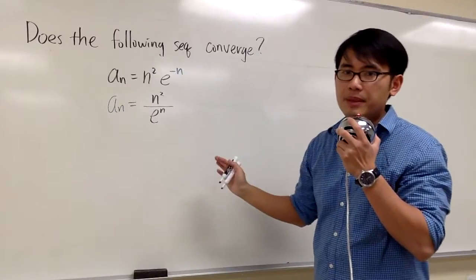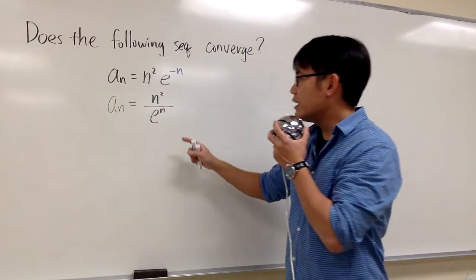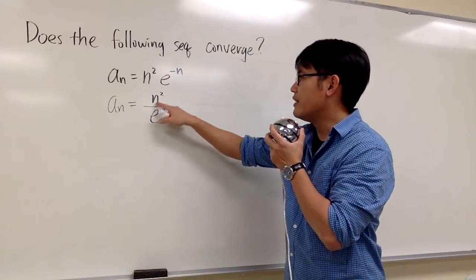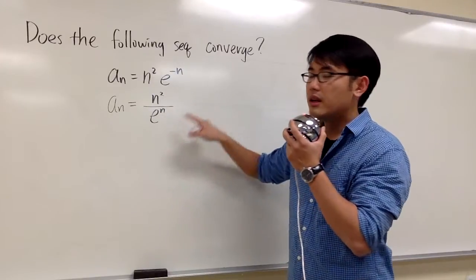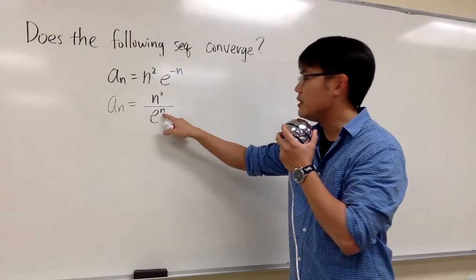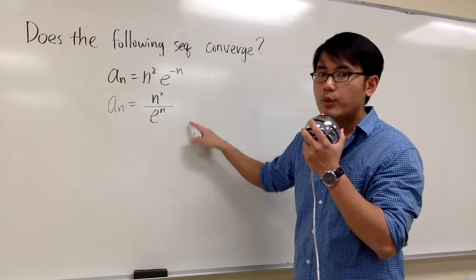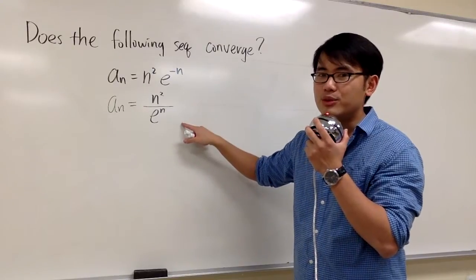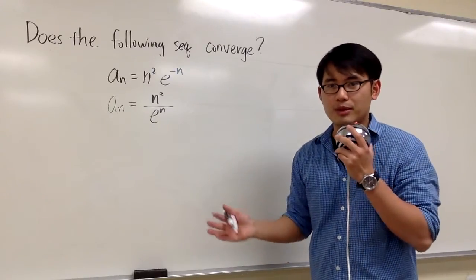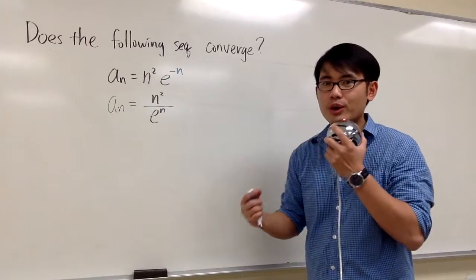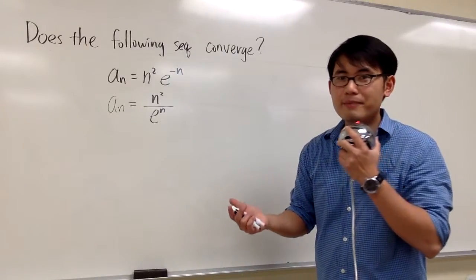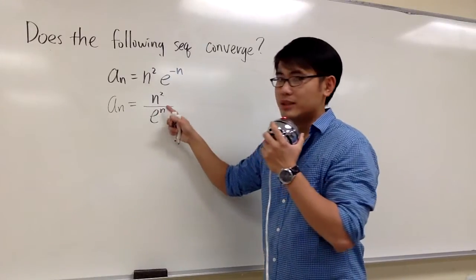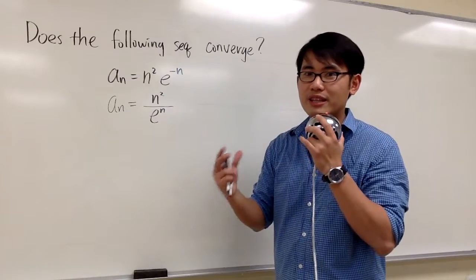And let's take the limit in our head first. As n goes to infinity, we have infinity squared, which will be infinity. And then we will have e to the infinity. That will be infinity as well. We will have an infinity over infinity situation, and we should use L'Hopital's rule. To do L'Hopital's rule, it requires a derivative, right? We cannot do a derivative with n, so therefore we are going to change the letter a little bit